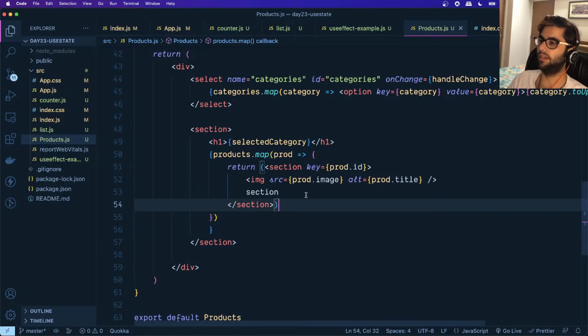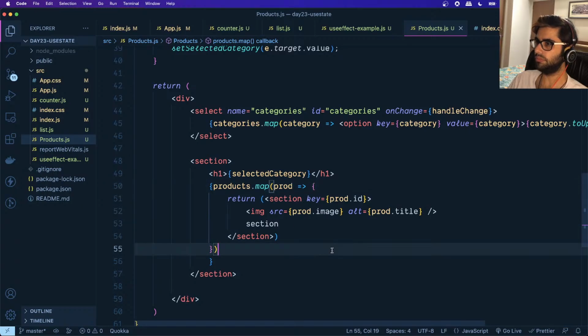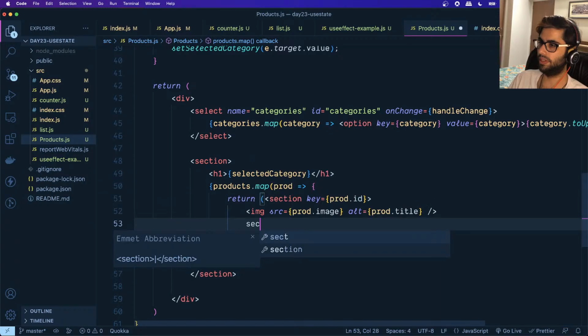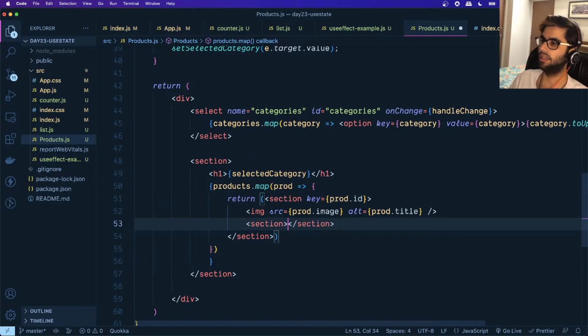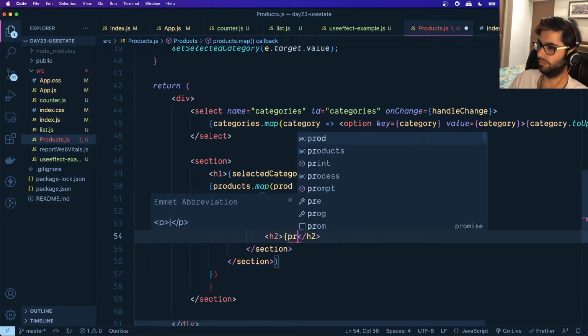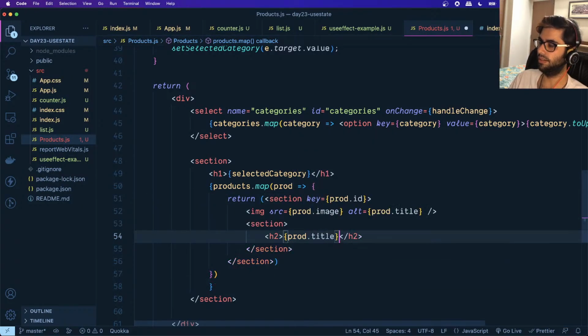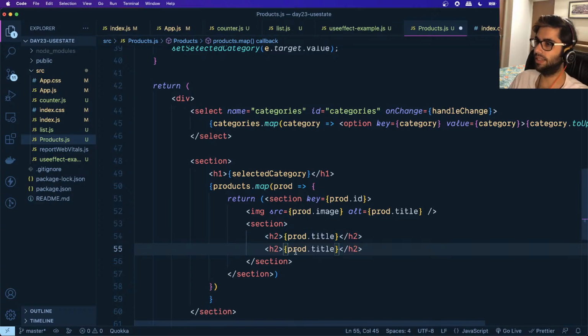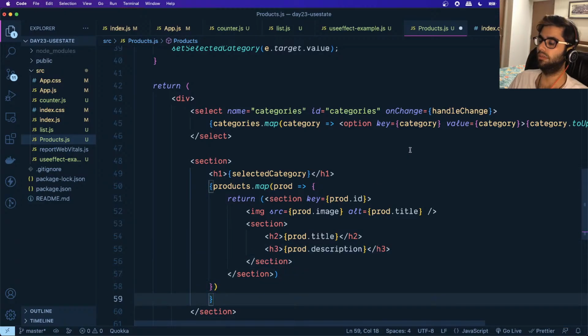All right. So we have this section, then we're showing the image, and we were creating another section over here, right? And here we want to display the prod.title, and let's do one thing, let's display the description as well. Okay,